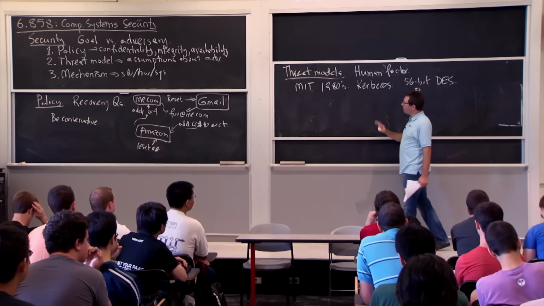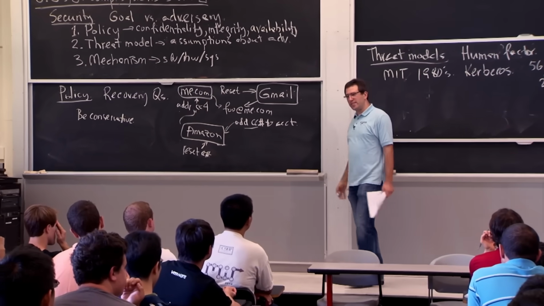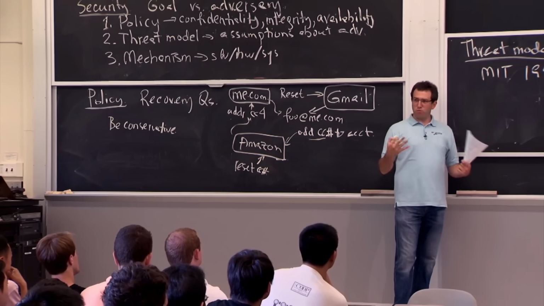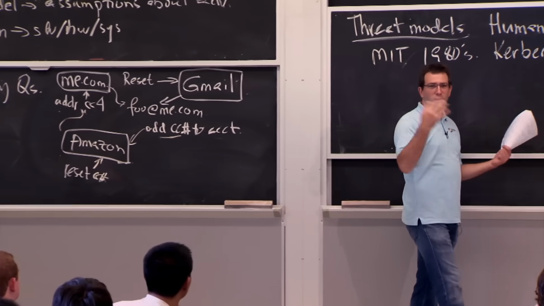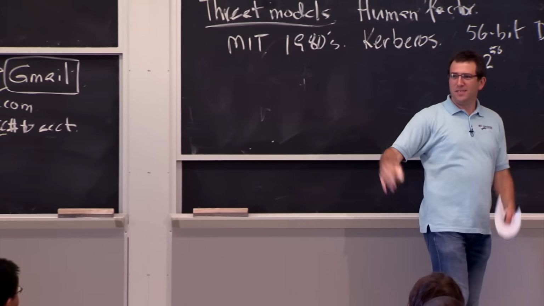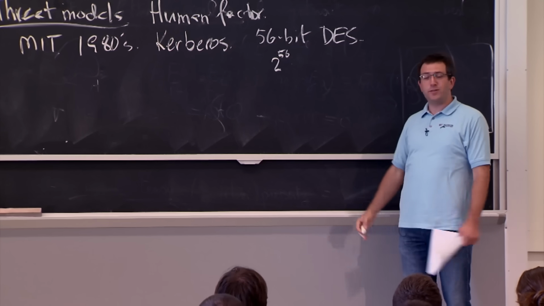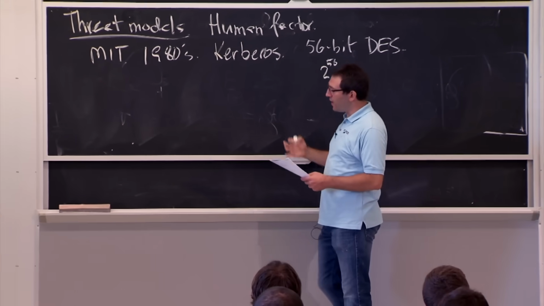So you really have to be careful with your threat model and balance it against who you think is out to get you. I think it's going to be a very expensive proposition if you're going to try to protect yourself from the NSA. On the other hand, if you're just protecting yourself from random other students snooping around in your Athena home directory or whatnot, maybe you don't have to worry about this stuff as much. So it's really a balancing game in picking the right threat model.